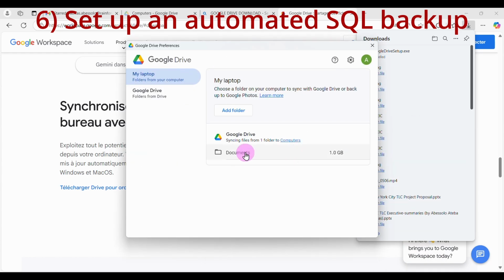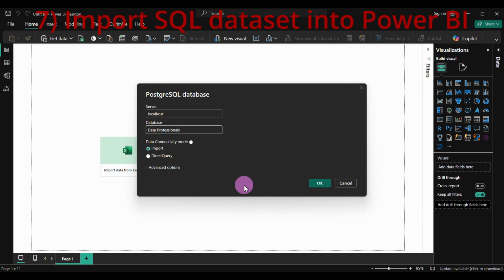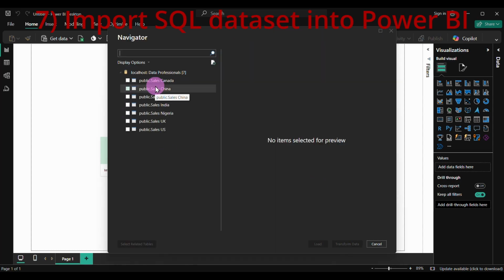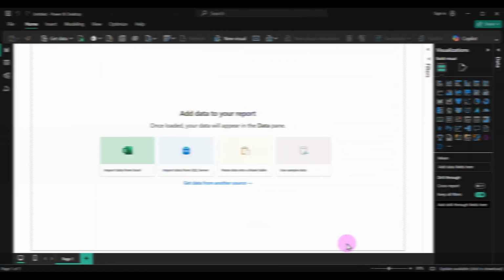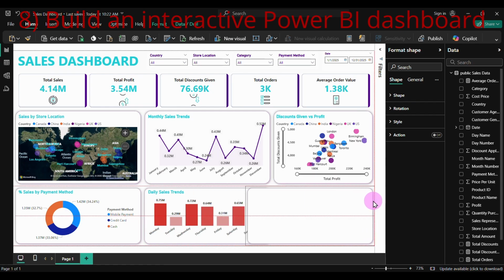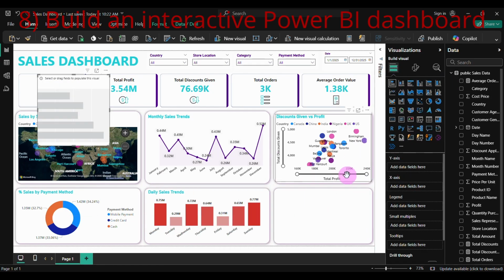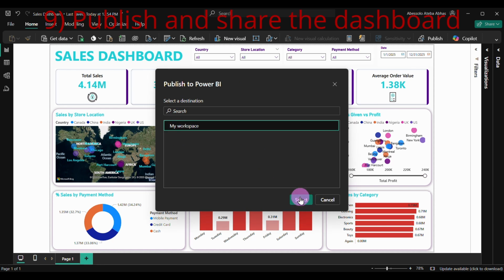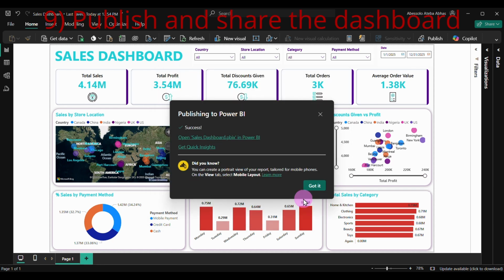to Google Drive for free cloud storage, import the clean SQL dataset into Power BI for advanced reporting, build an interactive Power BI dashboard with real-time visual analytics, publish and share the dashboard so anyone with the link can explore